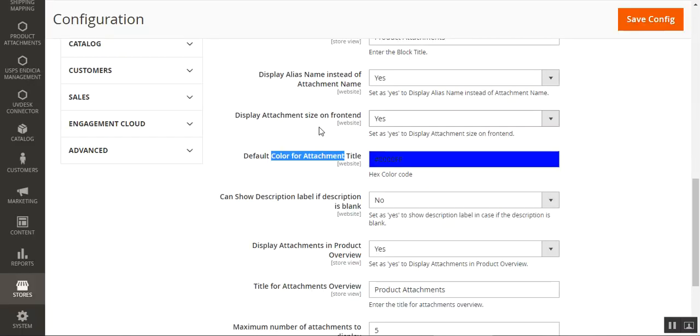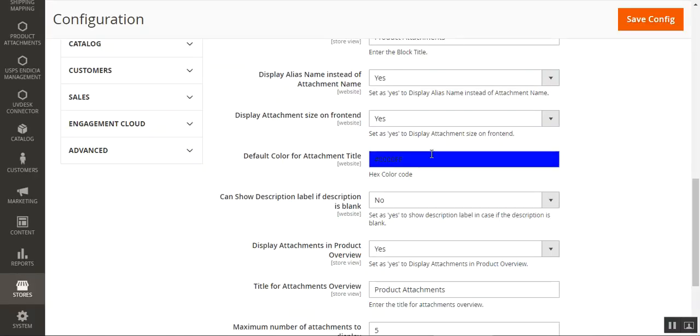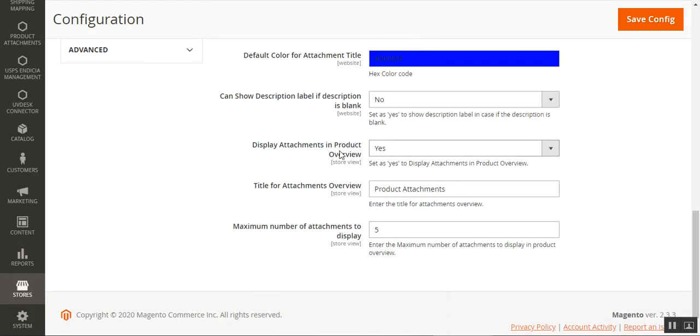And then you can see that we can also show a description label if the description for the product is blank. If you have chosen this option as Yes, then the description label, in case the description is blank, is made available to the customers. And then we have Display Attachments in Product Overview. So if you want to display the attachments in the product